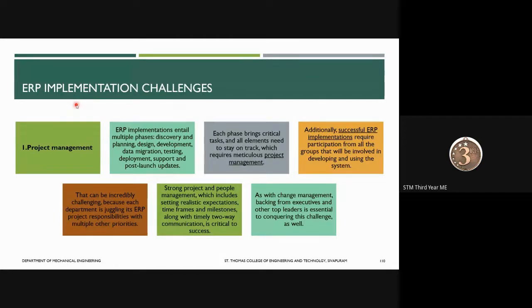Under that time period, what all operations have to be done, and what are the methods or procedures involved during that project. These are some of the things that we have to do during project management. And for all these purposes, data are required. A huge volume of data, even for a single project, is collected and sorted to every operation. The phases involved in project management are planning, design, development, data migration, testing, deployment,